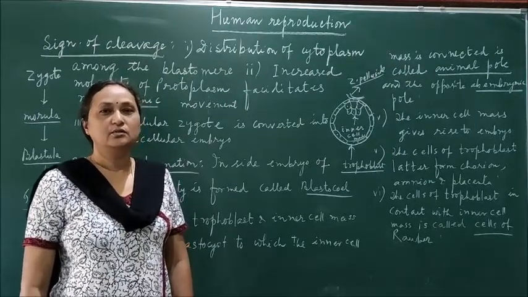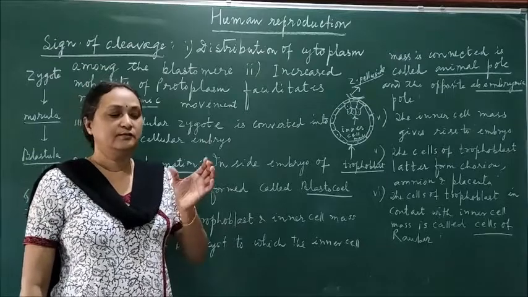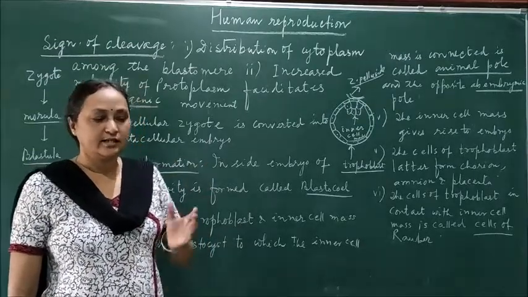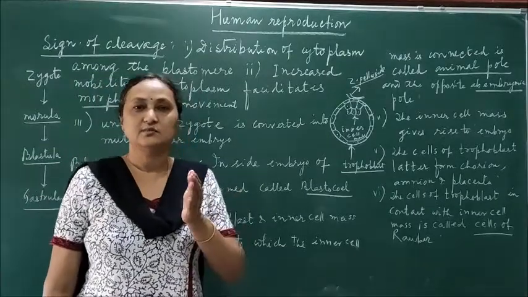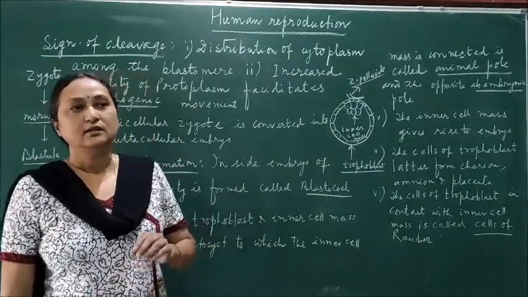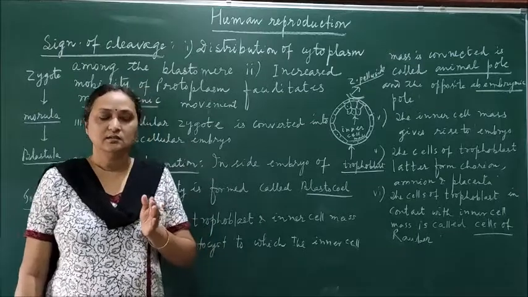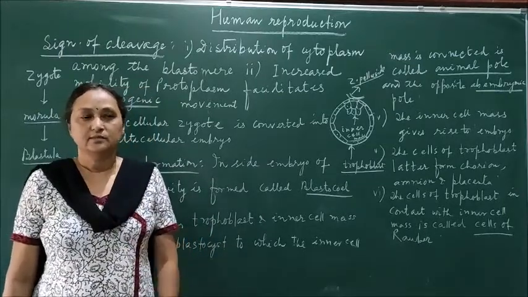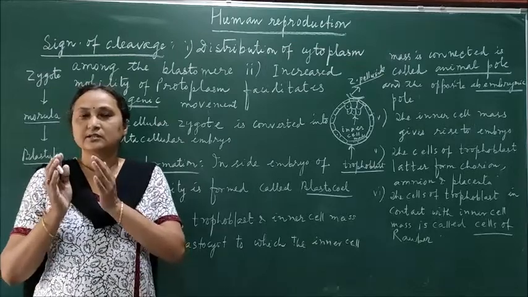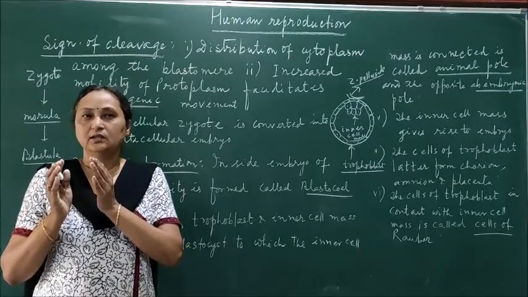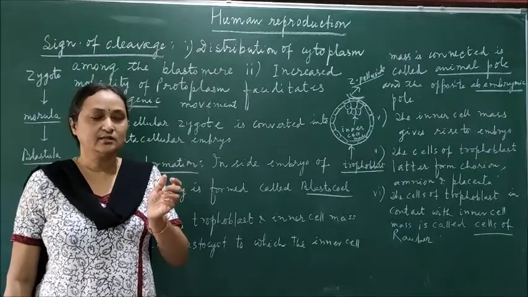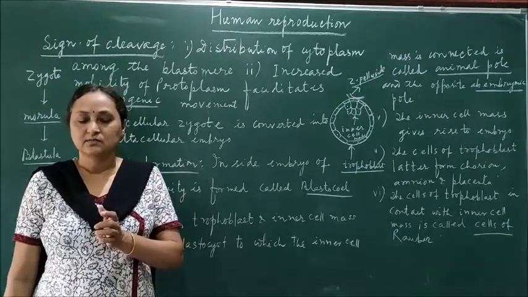So today we are going to discuss the different stages of the embryo. Yesterday I told you about the zygote, which is one single cell having a diploid nucleus. The zygote enters a stage called cleavage. In cleavage, what is happening? There is mitotic division. The single-cell zygote is divided by the process of mitosis.